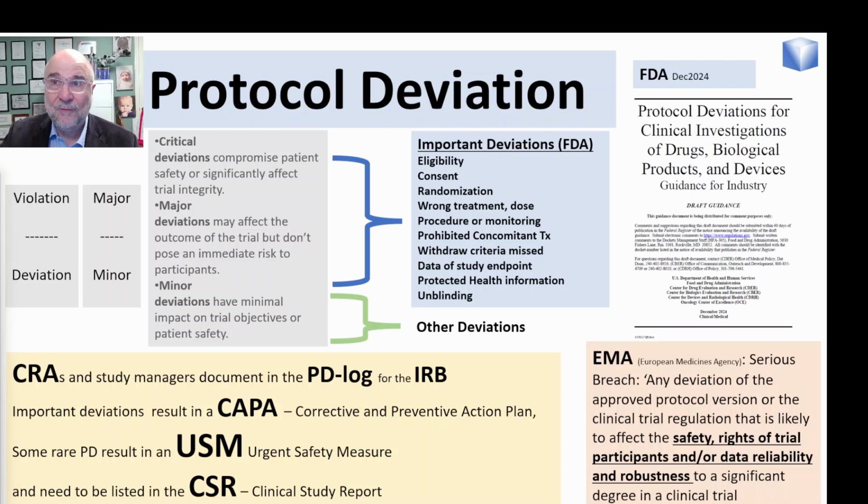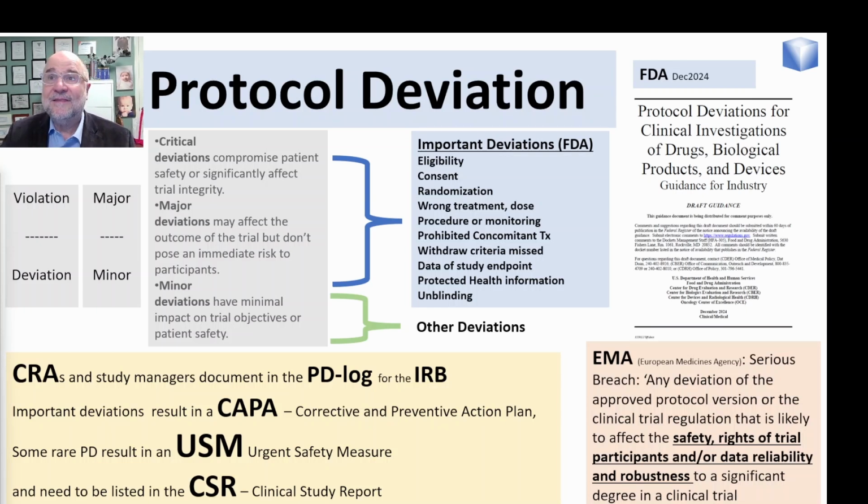It happens in a protocol. So eligibility criteria, inclusion-exclusion criteria describe which patient can go on a protocol. If those are violated and a patient goes on protocol that should not be on, obviously that is an important deviation because any data you find then is not for that disease. It was really meant to be and doesn't mean much, makes everything very complicated.